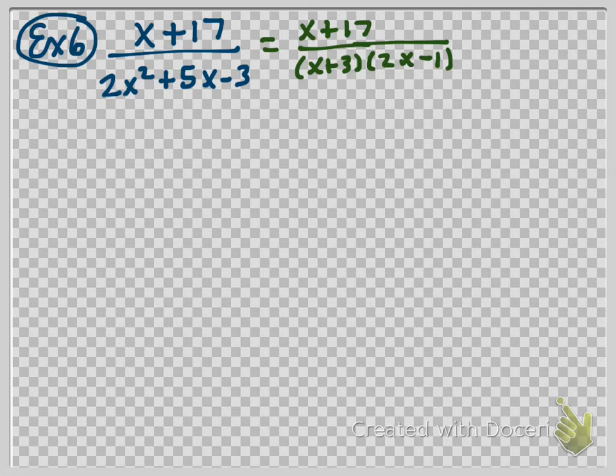So my generic decomposition is going to be A over x plus 3, plus B over 2x minus 1, right? Okay, so here we go. We're going to multiply through by the common denominator and get x plus 17 equals A times 2x minus 1,